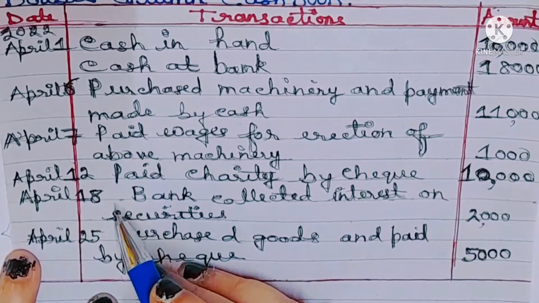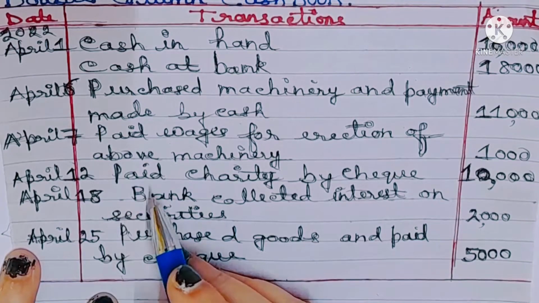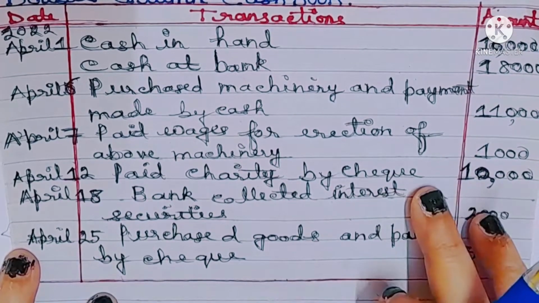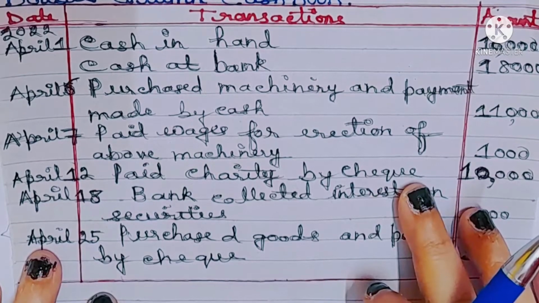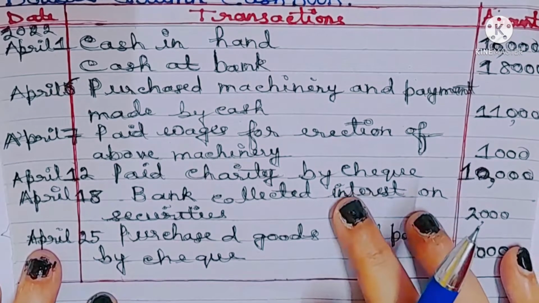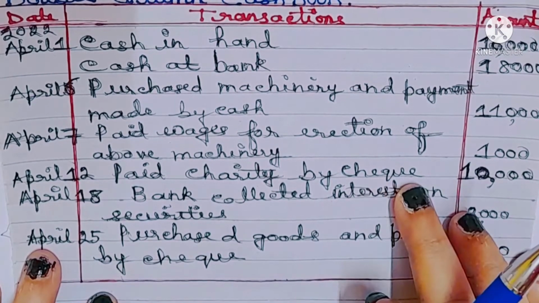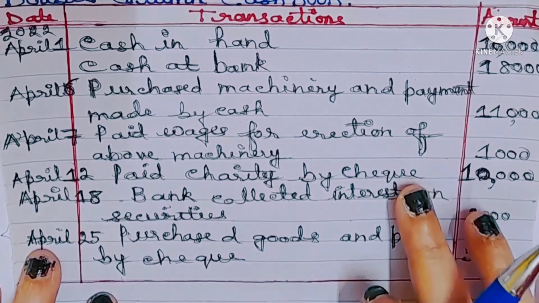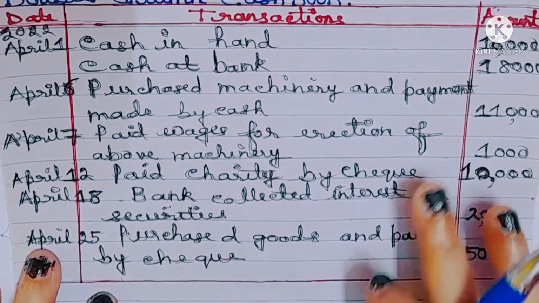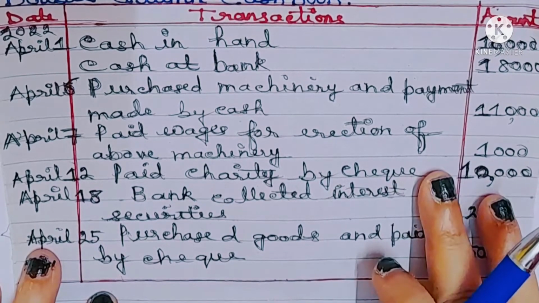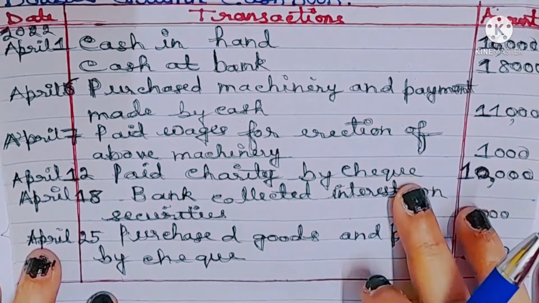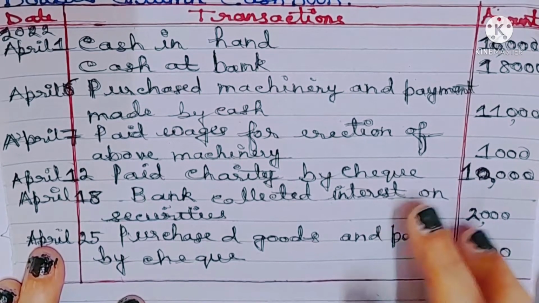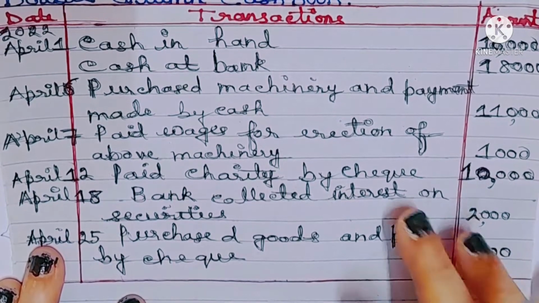The next transaction is on 12th April: paid charity by check 10,000. So what will be the journal entry? The journal entry will be charity account debit to bank account, since check is mentioned here. So what is the position of bank account? Since bank account is on the credit side, charity will be also on the credit side. So we'll have to write by charity account on the credit side in the cash book in the bank column